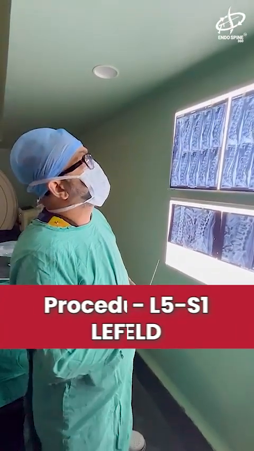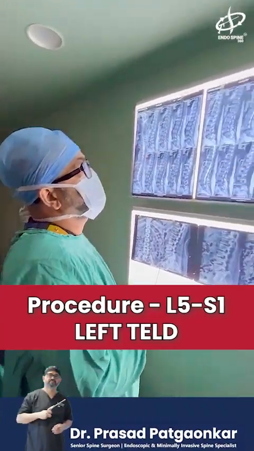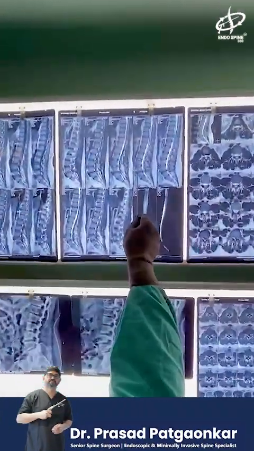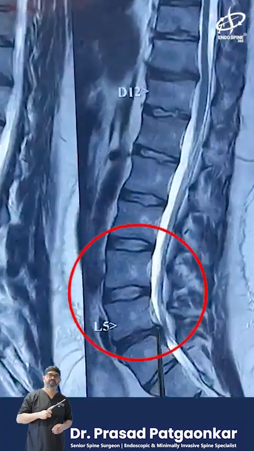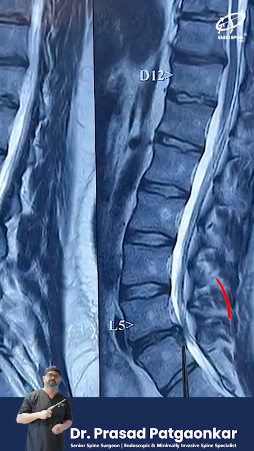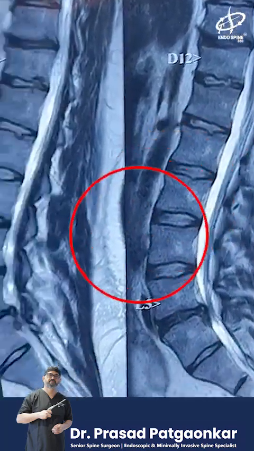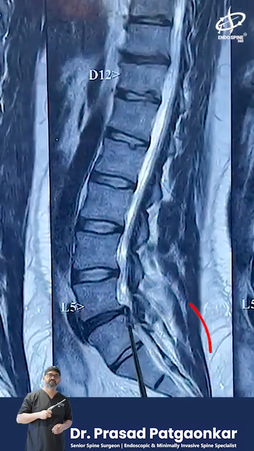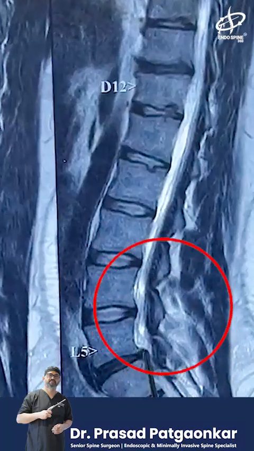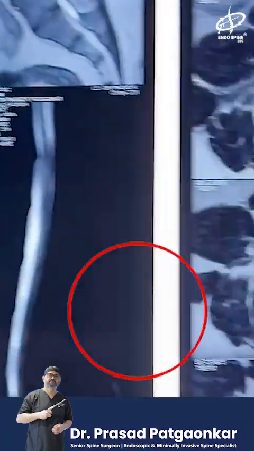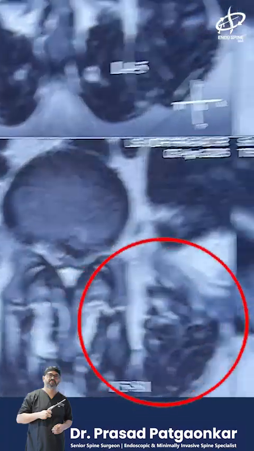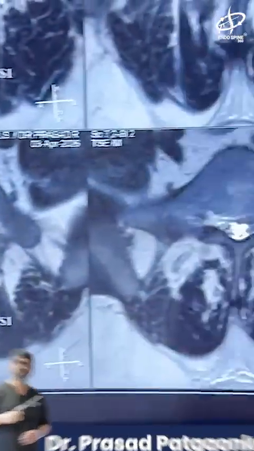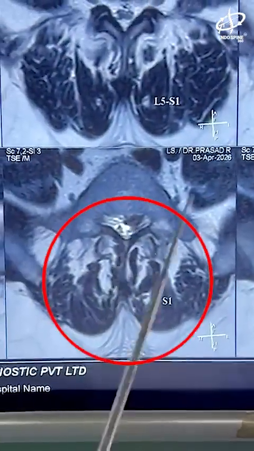Let us see one of the transforaminal cases. Then for the L5S1, you can see L5S1. This is a degenerated disc with an inferiorly migrated herniation which is going till the middle of the caudal pedicle, maybe the middle of the caudal vertebral body. You can see this is the herniation on axial cut. This is the herniation which is central and then inferiorly migrated, going till the middle of the caudal pedicle.